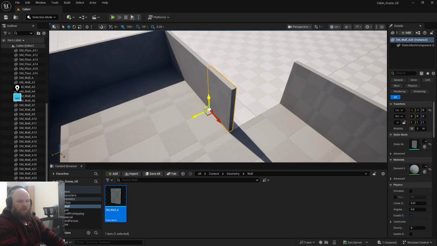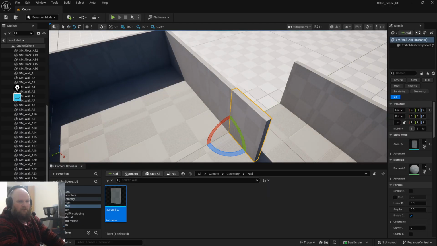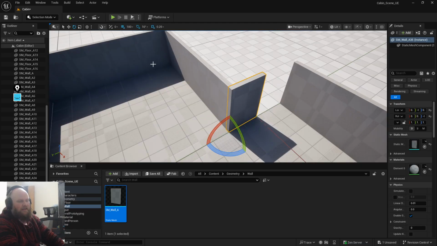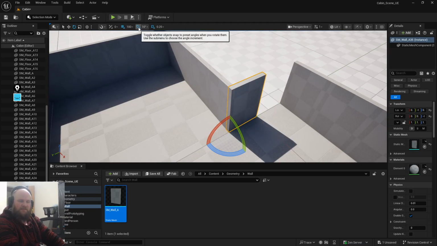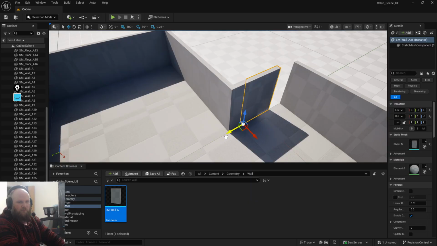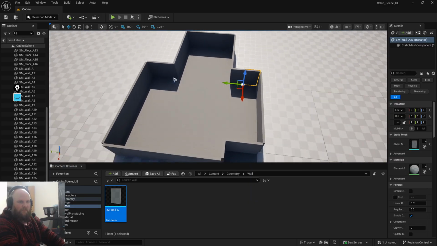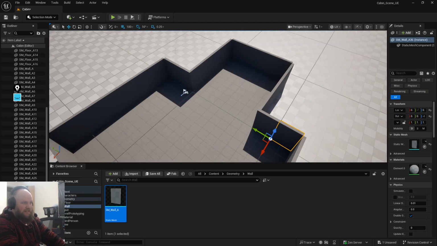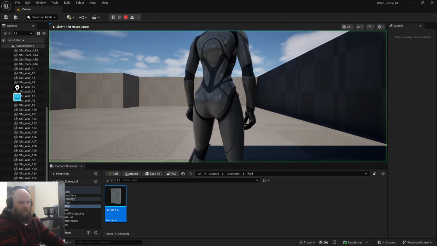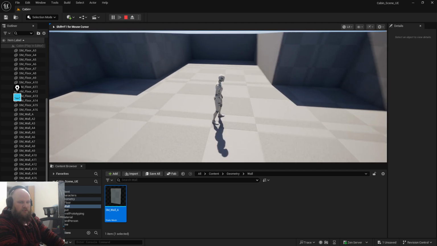Again, all I'm doing is holding Alt. So holding Alt, moving that out, and then just rotating it normally. Again, I've got the rotation set to 10 degrees, so it's going to rotate into 90 degrees really easily. Okay, so as you can see, I'm very quickly making the environment a bit more interesting, but I'm still not